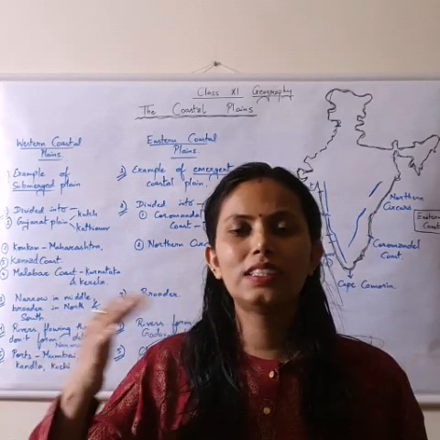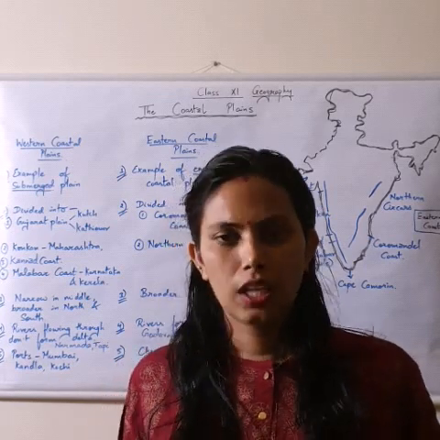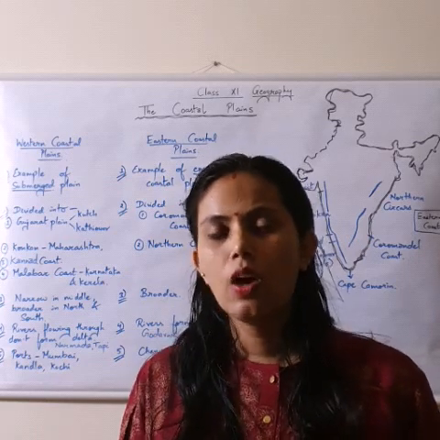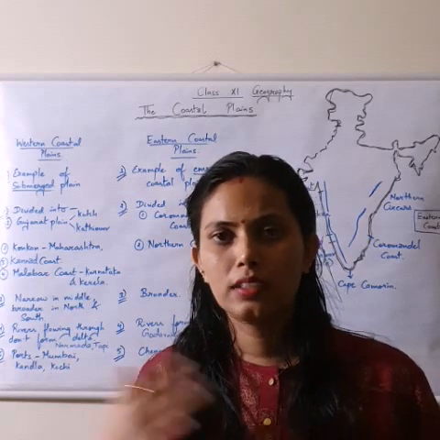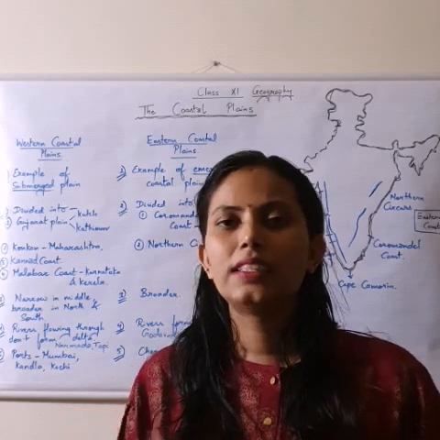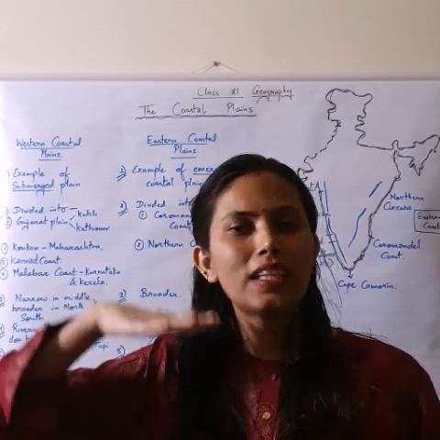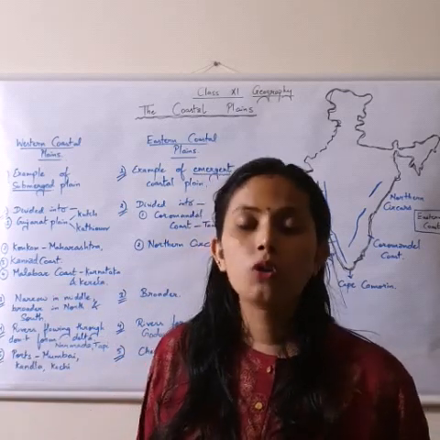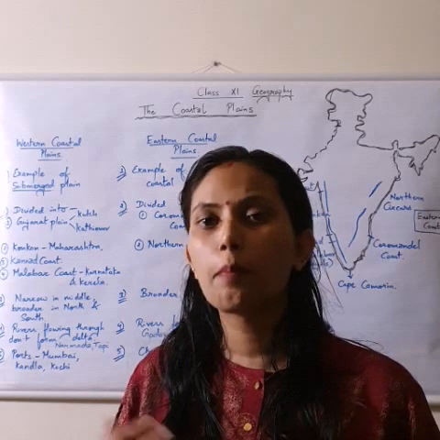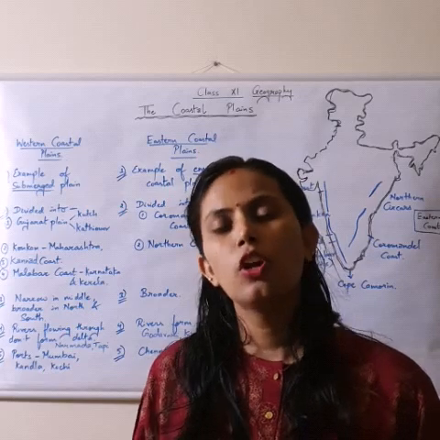which is below water, which is underwater. Now Dwarka is a coastal city in Gujarat. You all must be aware of that. The actual city of Dwarka is supposed to have drowned under the sea. So when the sea water level rises and makes the coastal areas get submerged, inundated or flooded, that coastal plain is known as a submerged coastal plain. So the western coastal plain of India is an example of a submerged coastal plain.